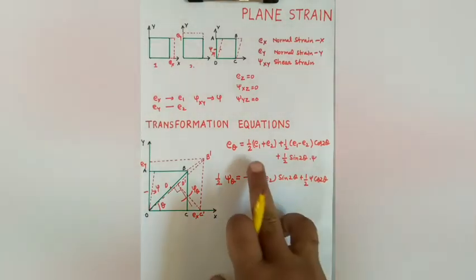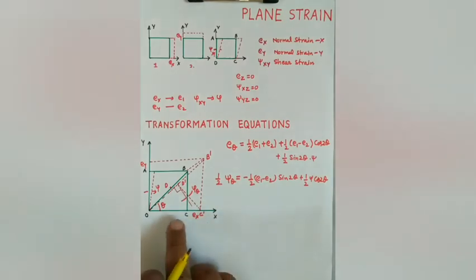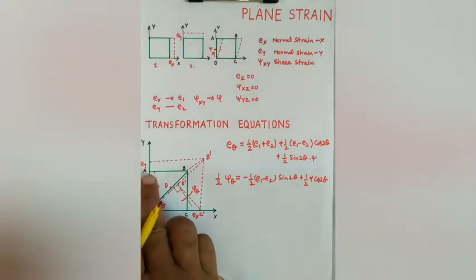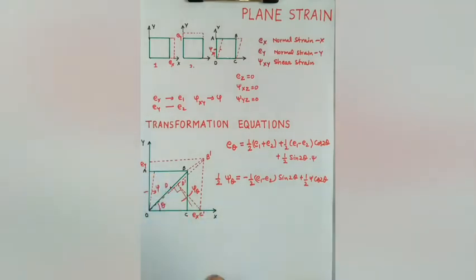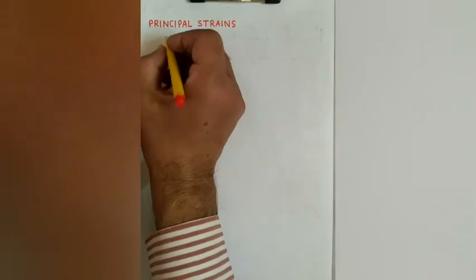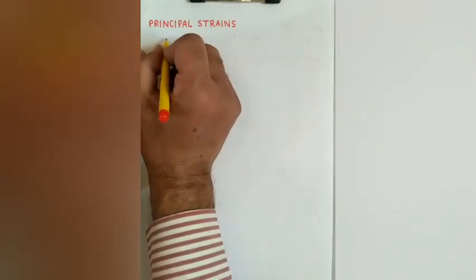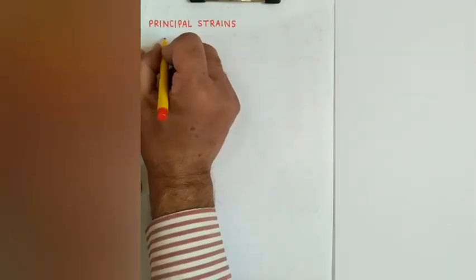In these equations, E1 is Ex, or the strain along x direction, and E2 is Ey, or the strain along y direction. From the transformation equation for normal strain,